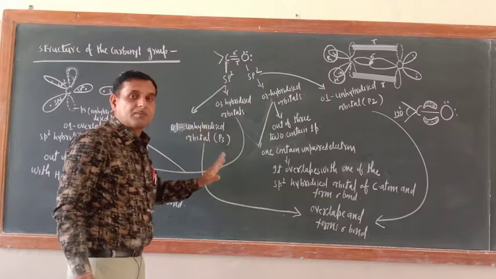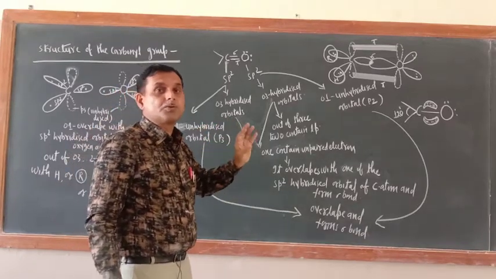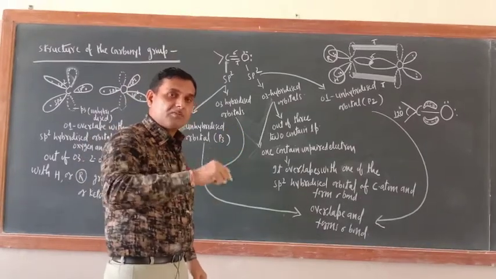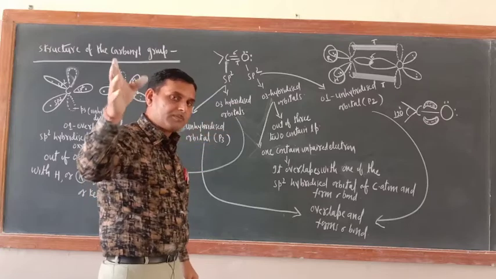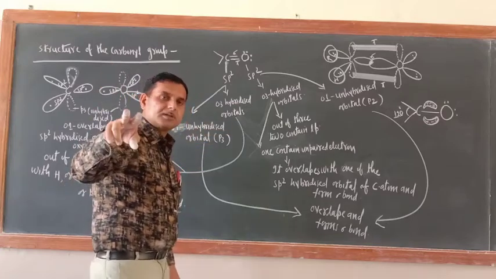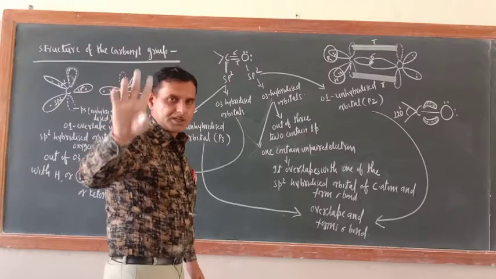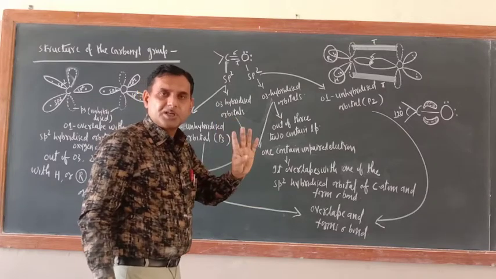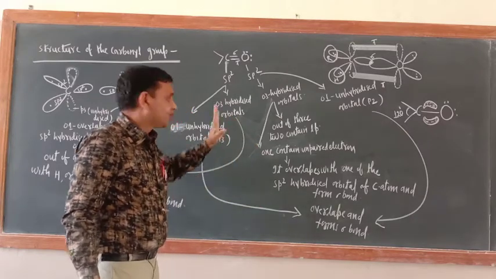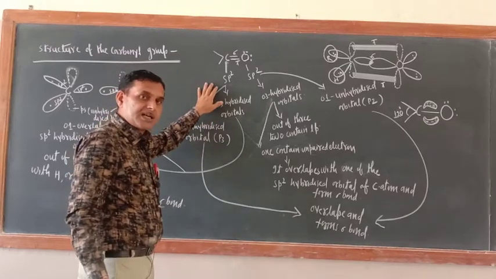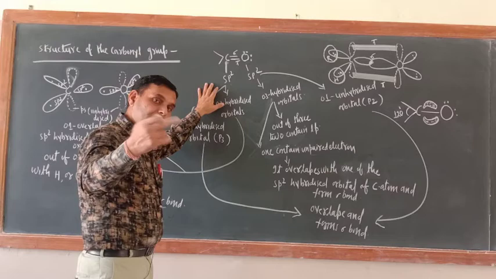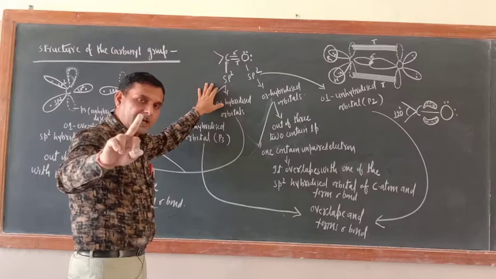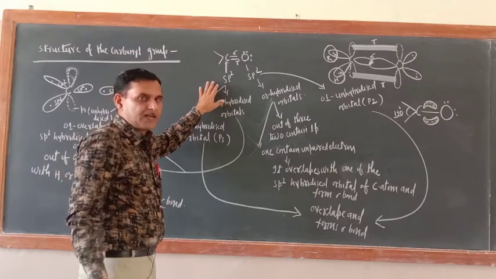Here in case of carbon, 1s2, 2s2, 2p2. Now when hybridization is there, one 2s electron will jump and go to 2p, making it 2p3. So total how many electrons are there now in 2s1 and 2p3? Total 4 electrons. This hybridization is sp2 only. An electron is present in pz also, but pz is not taking part in the hybridization. One s and two p orbitals, px and py, are taking part.